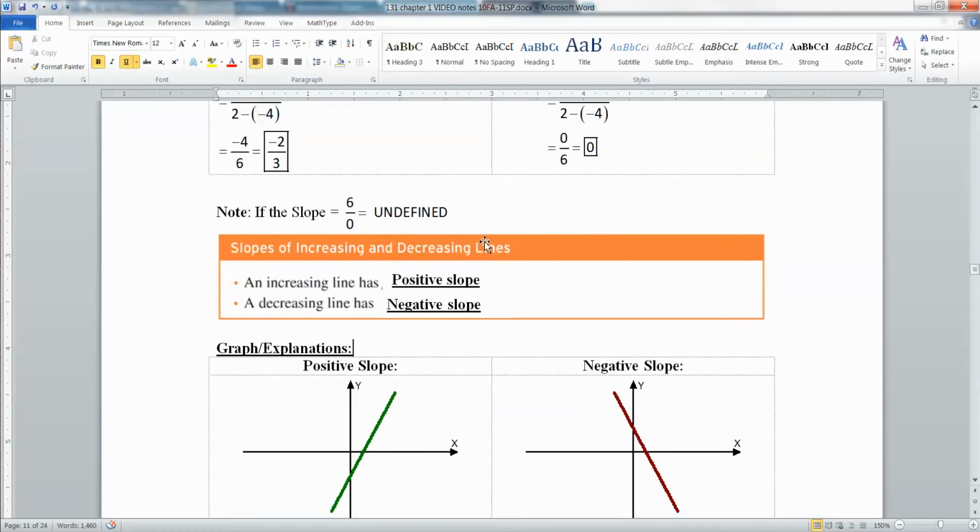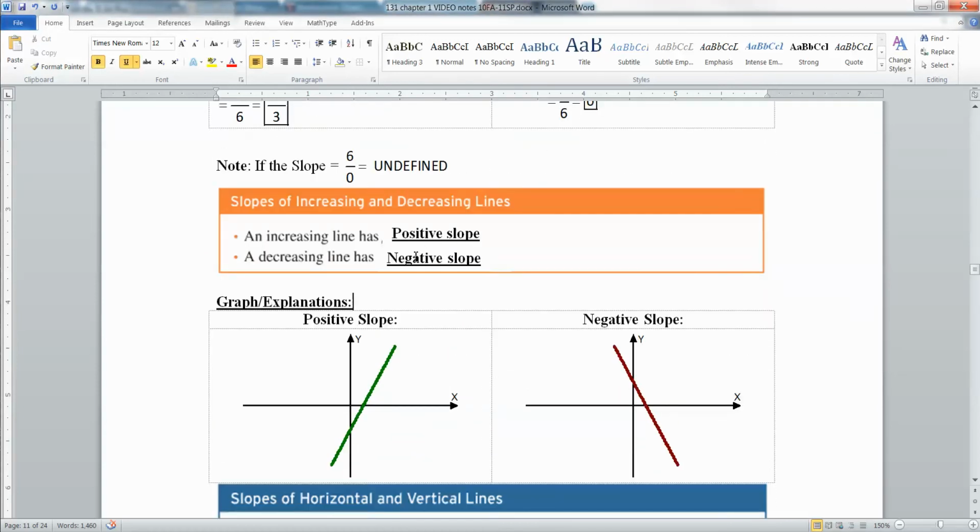All right, so we left off right here, and let me reiterate what I was saying before, which is that if it's an increasing line, now remember we always read graphs from left to right. So you start at the low end and increase as you go from left down here to right up here. That's an increasing line. So this is a positive slope,